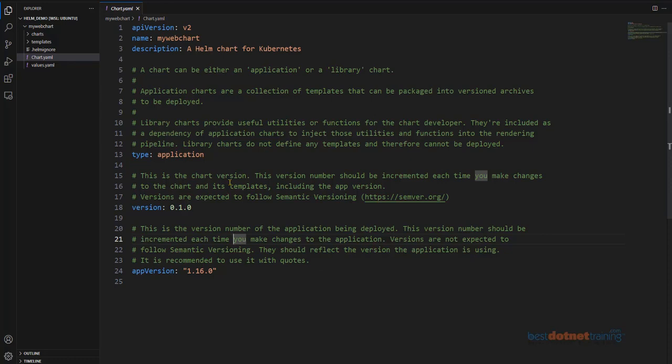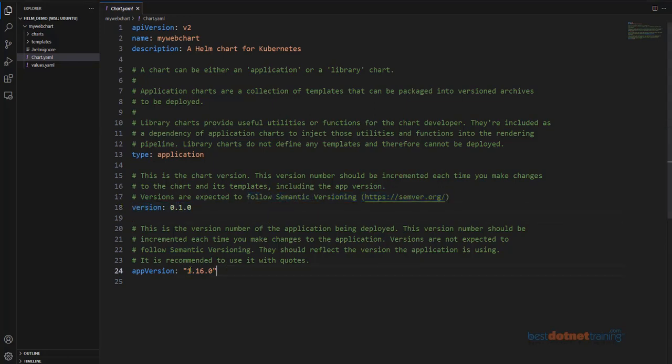And whenever you make any changes to the chart, this version should be incremented based on whatever you feel is relevant. And if you want to know the recommendations for giving the versions, you can just go through this website. They are following the recommendation given here: the semantic versioning of your software. Remember, there is something called major build, minor build, and then we have something called release. So if you have ever been part of a software release lifecycle, you'll be aware of how to give versions to your software. There's a website dedicated to that. Quite an interesting read, so just go through that.